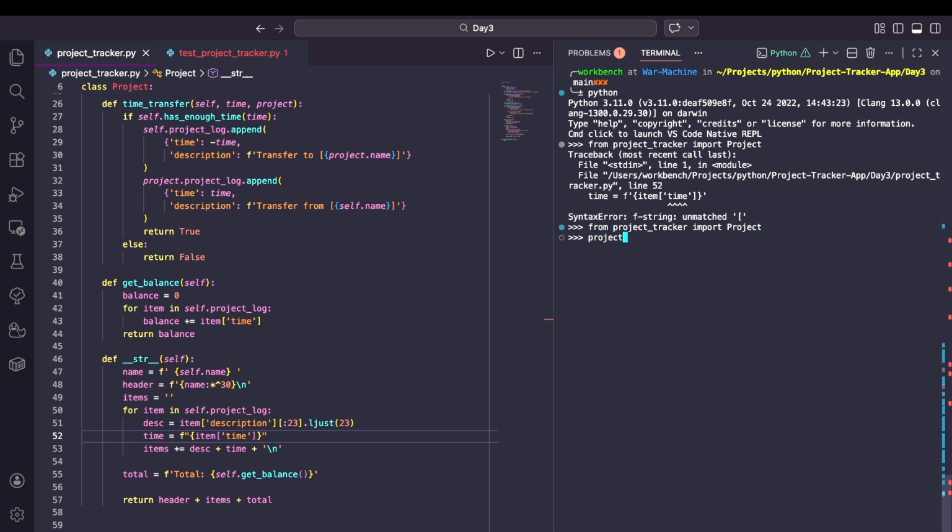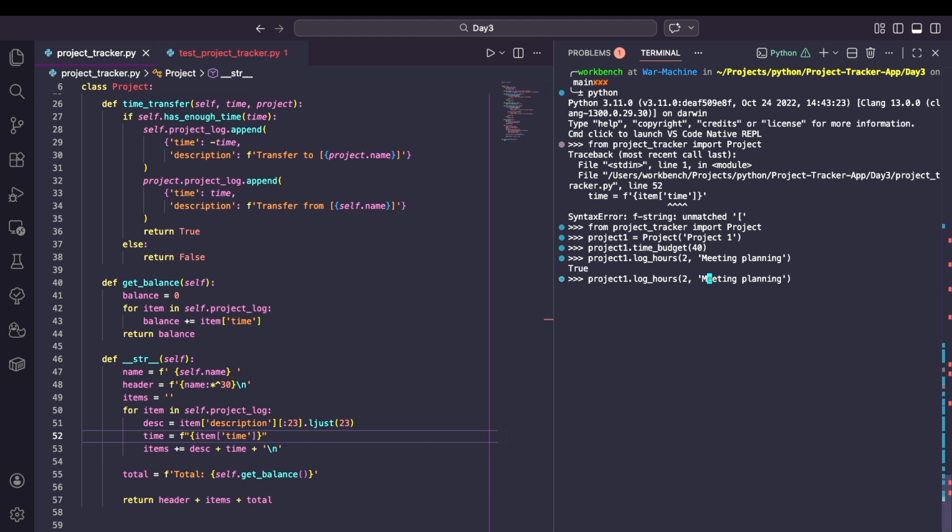Project 1 equals project 1, project 1 dot time budget 40, project 1 dot log hours, so 2 hours for meeting planning,